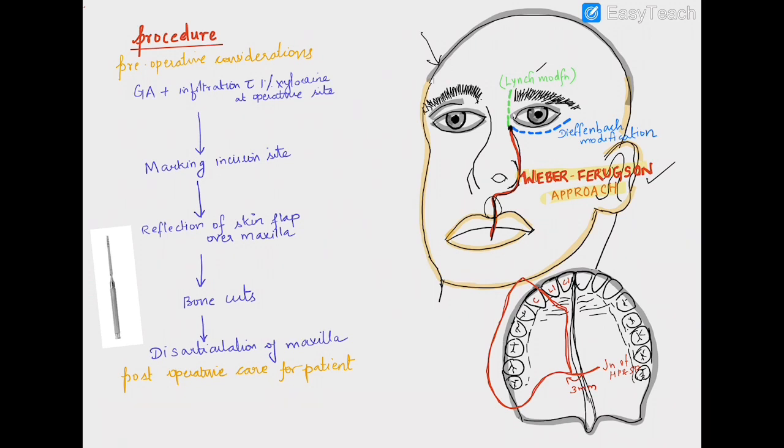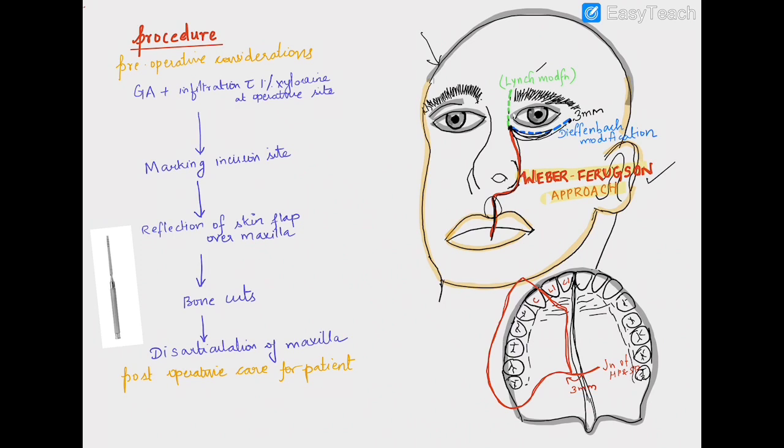Or if you are going for a total maxillectomy, to remove the maxilla which forms the infraorbital rim, we have to extend the incision till the lateral canthus. It will run along the inferior border of the eye, nearly 3 mm below it. Or if you are going for a radical technique to remove the tumor contents from the ethmoidal sinus as well as from the orbit, then you have to go for the Lynch modification, extending it superiorly, or the supraciliary modification. This is usually done for the radical technique with orbital exenteration.